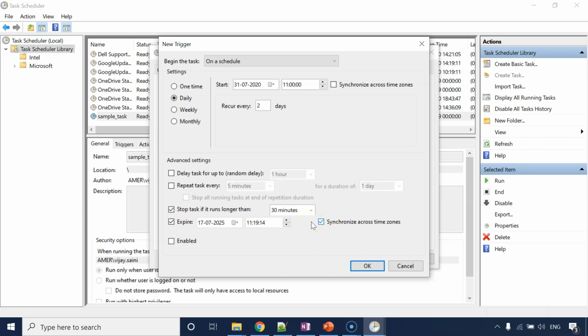By checking this option, you are giving permission to the system to update this time to keep it in sync across time zones, right? And now what is this option? Enabled or not enabled? Basically, you are planning some task, but you do not want that to happen immediately. For example, this is the task, but I don't want it to execute from the day after tomorrow itself. I want it to execute next month. Until that time, I can keep the task in disabled state by not checking this.